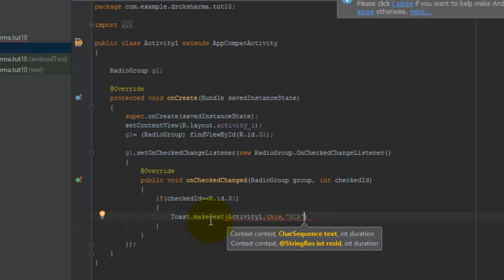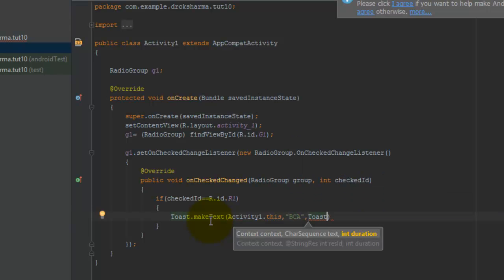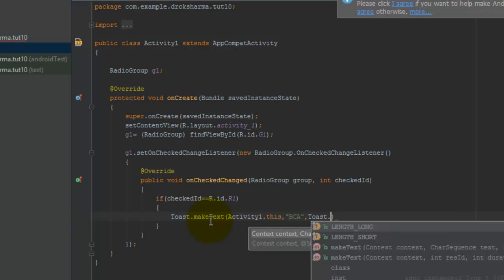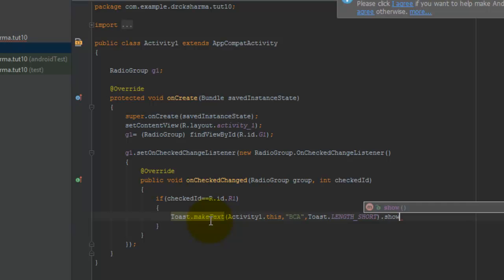BCA, and comma, Toast dot length long or length short, Toast dot length short, and after that semicolon. Else,